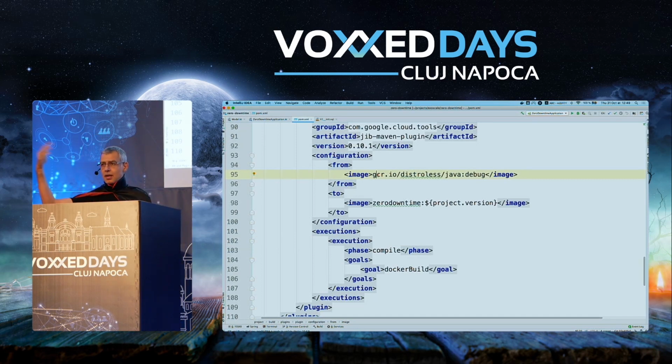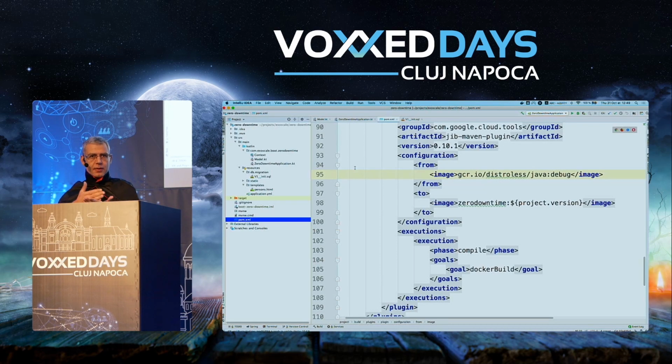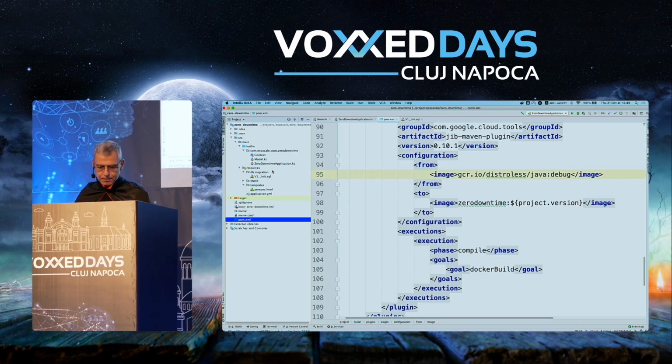If you don't tell it, then Google will use its own, which I don't like because by default there is no debug, so it's not super great. Then I will use this one, which allows me to shell into it if there is an issue. So if you always find yourself creating the same Dockerfile again and again for a Java project, just use that, and it's very, very simple.